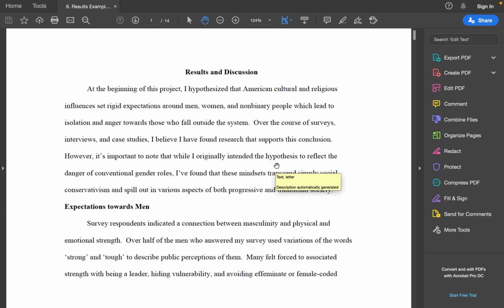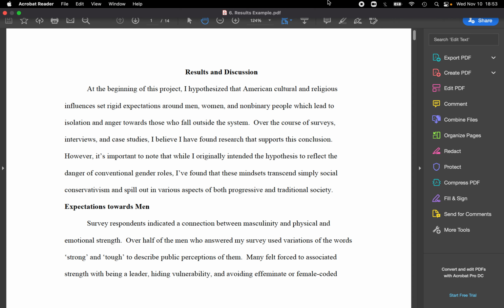So that's basically it. You only need a works cited if you have academic sources or non-academic sources that you put in here. You don't need to cite your survey. So I would just say,